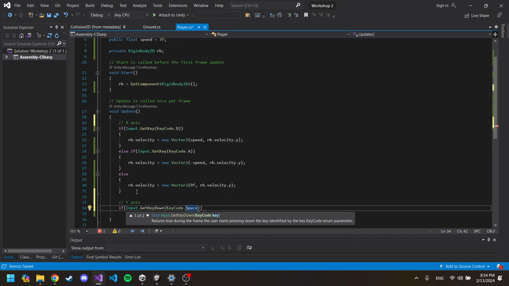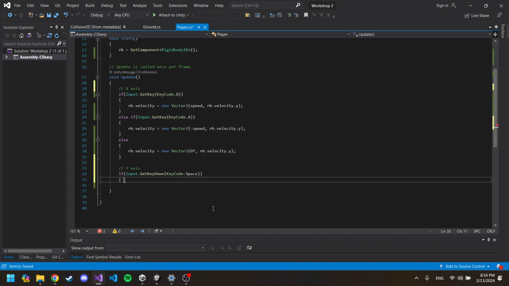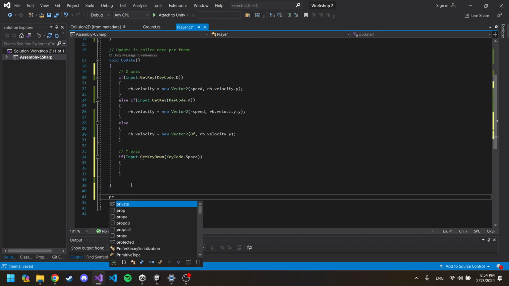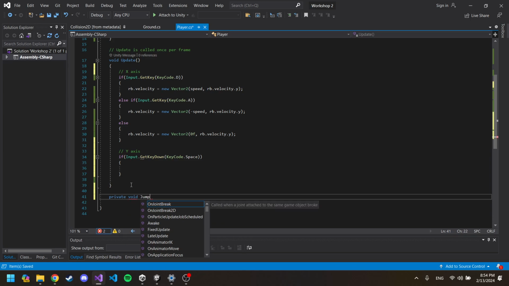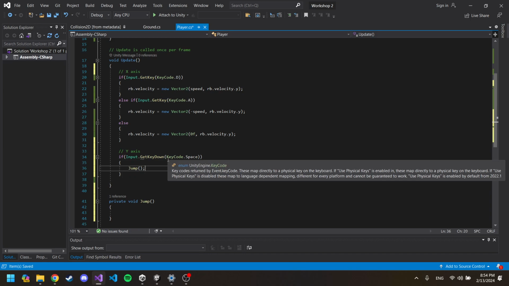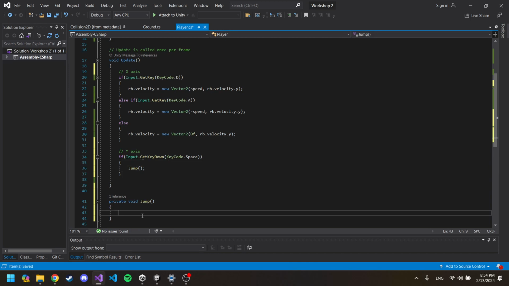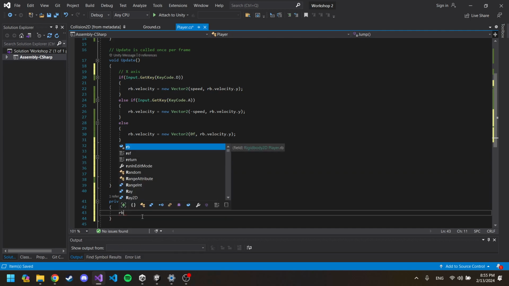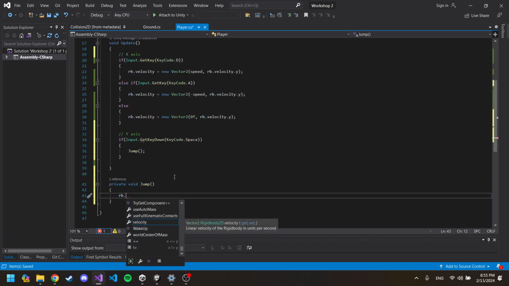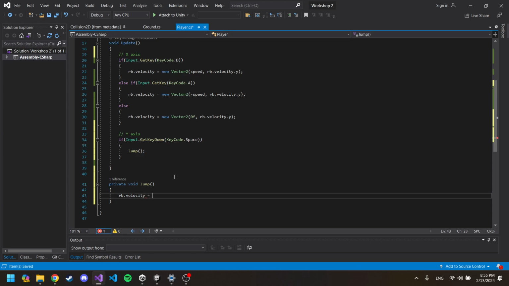Any questions so far? I'm just going to implement a jumping mechanic. So yeah, just to keep things a bit more organized, I'm going to have a jump function right here, and I'm going to add this function inside this block. So if we get the RB, the rigid body component, and change its velocity,